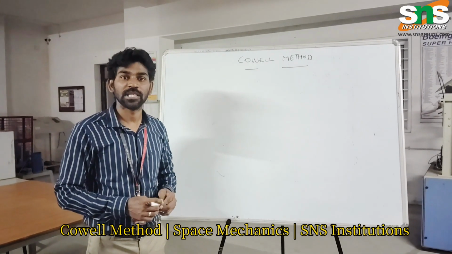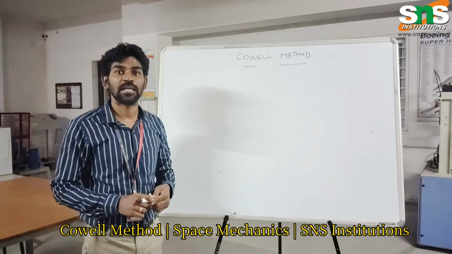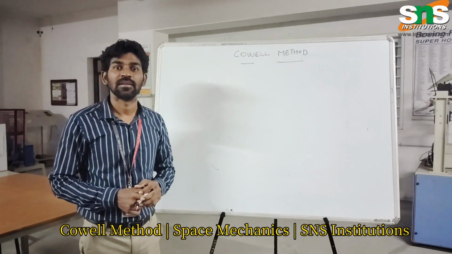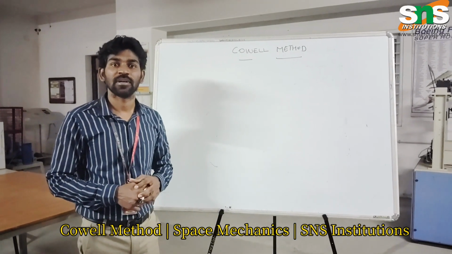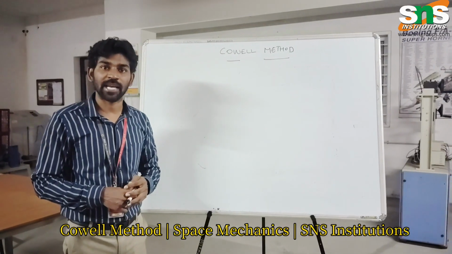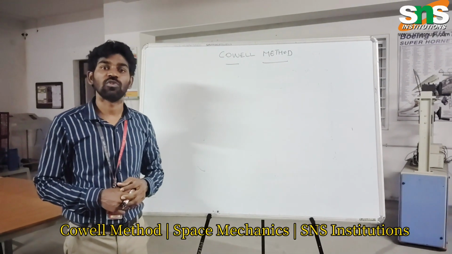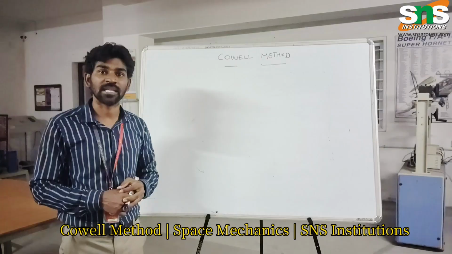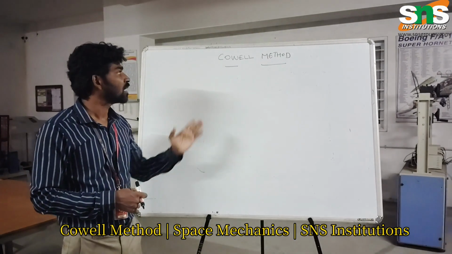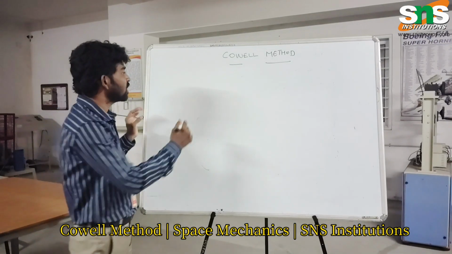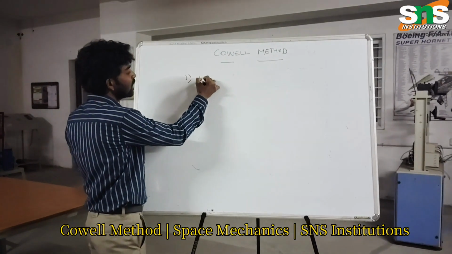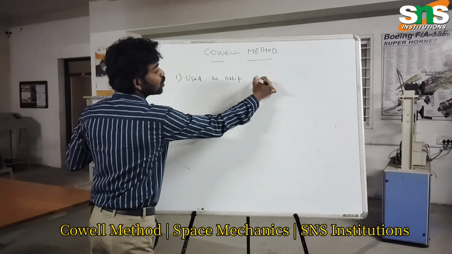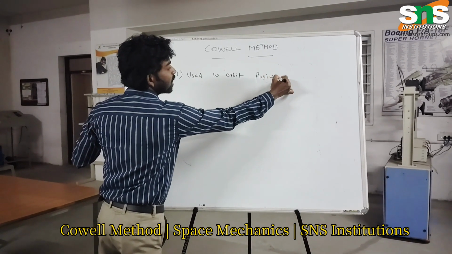Today we are going to discuss an important topic in space mechanics: the Cowell method. For any type of mechanical object or its mechanical properties, we have to find out their eminent structure or eminent output from the desired object. So this Cowell method is used to describe or measure the orbit, position and other properties of